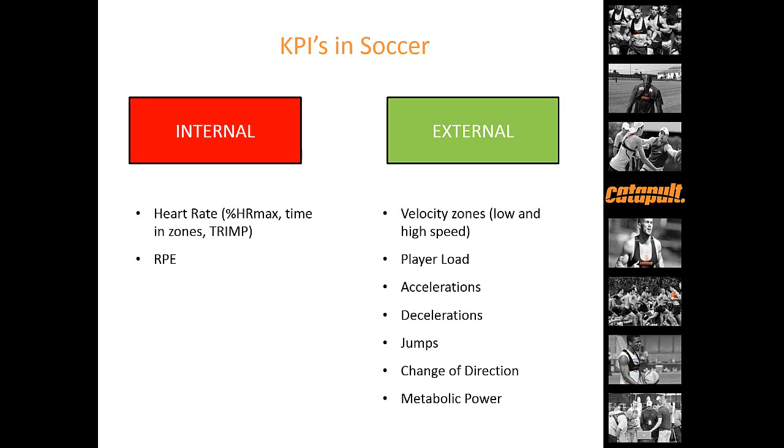In terms of external work, we also can then look at the velocity zone, so typically we report it relative to different intensities. We look at things like the sprint distance, and we look at high speed distance, which includes a slightly lower threshold for sprint and cruise type work. The player load, which is a Catapult zone calculation, tries to create a sum of all the different movements that the players do. We also have accelerations and decelerations, some of the ones we mentioned for keepers, so jumps as well, change of direction,